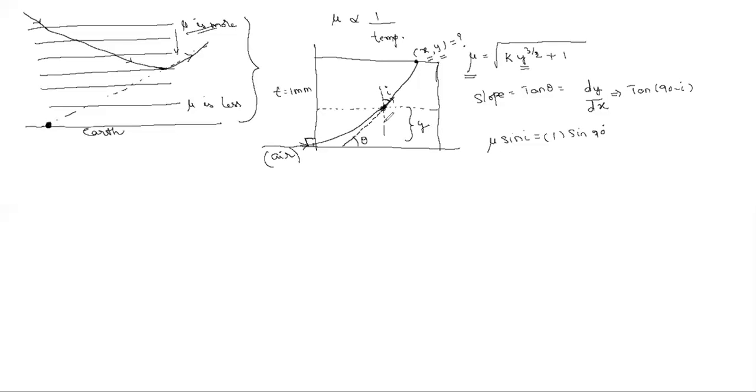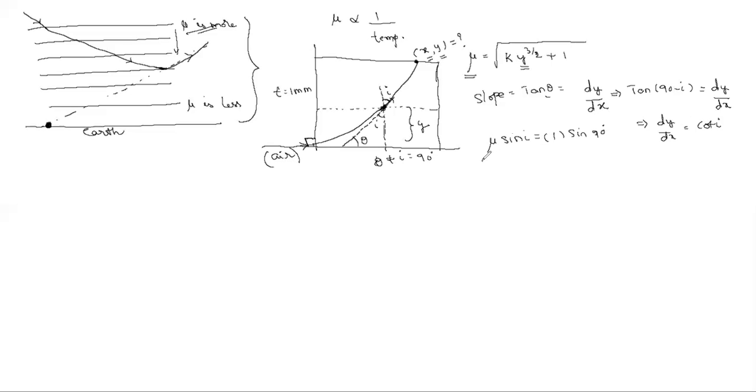Why? Because this is I, look at this triangle. This is tangent only. Theta plus I equals 90. Correct? So theta I can replace with 90 minus I. So here you are getting dy by dx equals cot I. So you require the cot I value now.